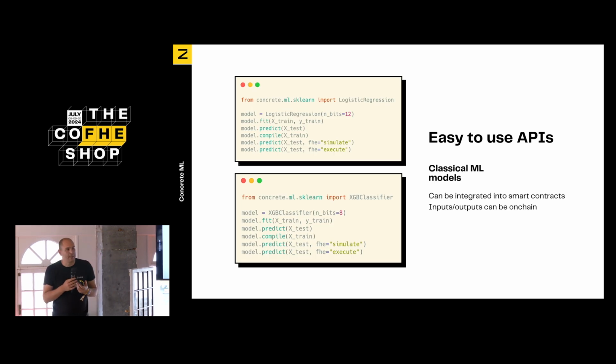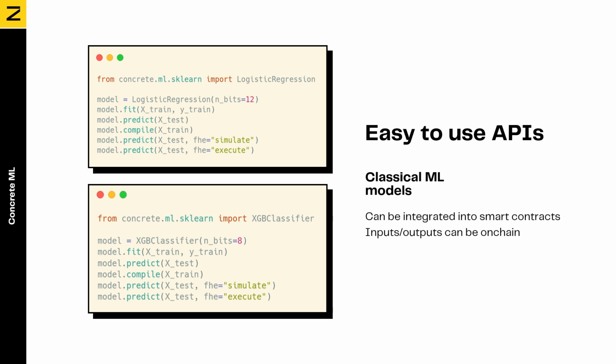So let's look at the APIs. This is the big selling point for Concrete ML. The APIs are very simple and very similar to what data scientists use on classical data science projects. If you look at these code samples, you can probably recognize that it looks very much like scikit-learn. In scikit-learn, you have this very common pattern where you call fit to train a machine learning model, and then you call predict to apply the model to new test data. So this is what it looks like for a developer of Concrete ML.